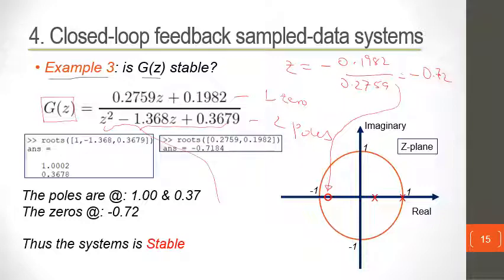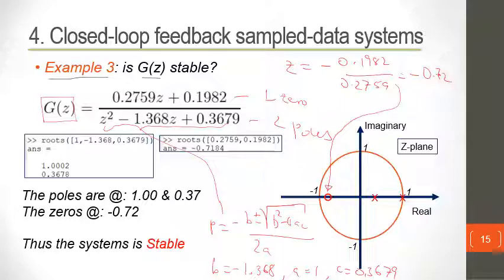are. So in this case, your poles are going to be at minus b plus or minus the square root of b squared minus 4ac, divided by 2a, whereby b is equal to minus 1.368, a is equal to 1, and c in this polynomial is 0.3679. Then you substitute that here and use a calculator to do that. So it can be pretty much a tedious job, but an alternative to doing that is to just put